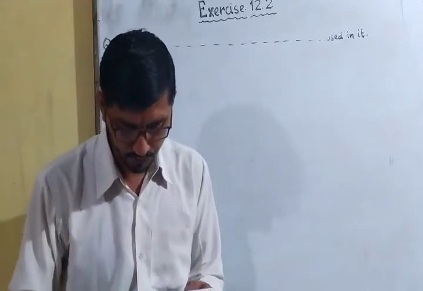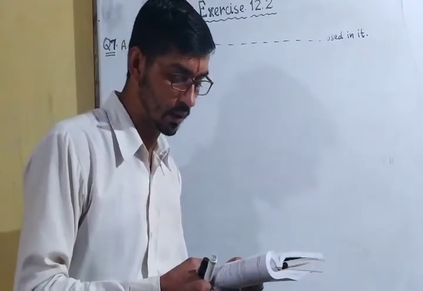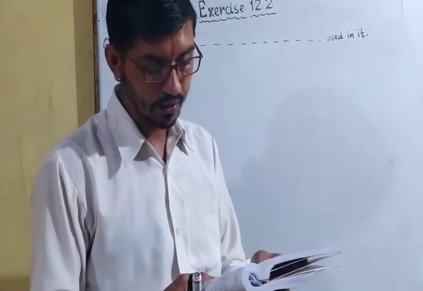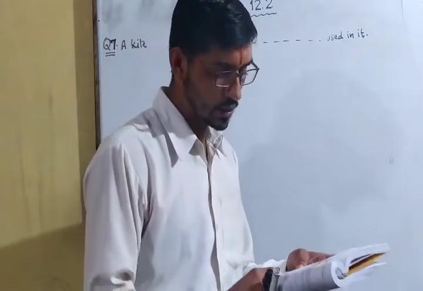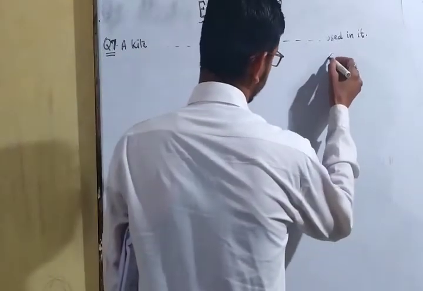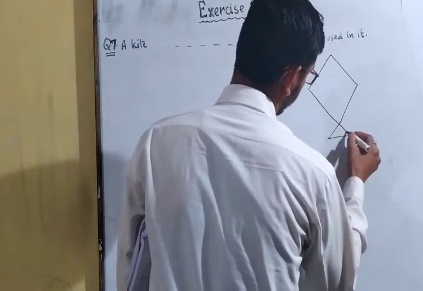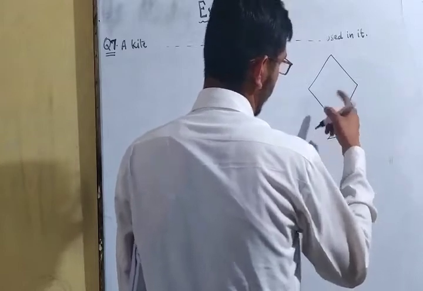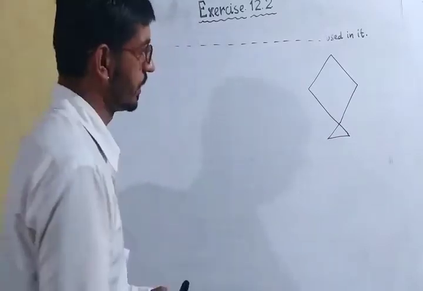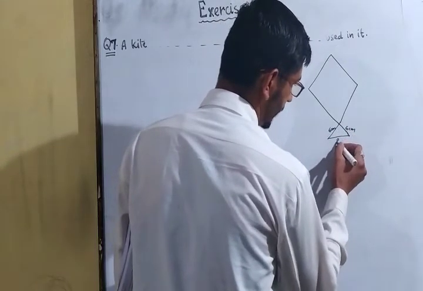So we will move to question number 7. A kite is in the shape of a square with diagonal 32 centimeter and isosceles triangle of base 8 centimeter, sides 6 centimeter and 6 centimeter, each to be made of 3 different shades as shown in figure 12.42. Okay, now what they are saying, a kite is there. A kite is that in which the two sides are equal to each other and these two sides are equal to each other. Now what they are saying, later we will discuss. 6 centimeter here, sides 6 centimeter, and it is 8 centimeter.